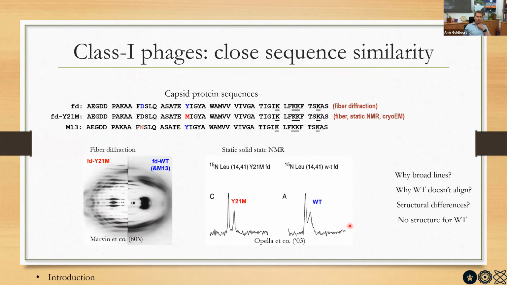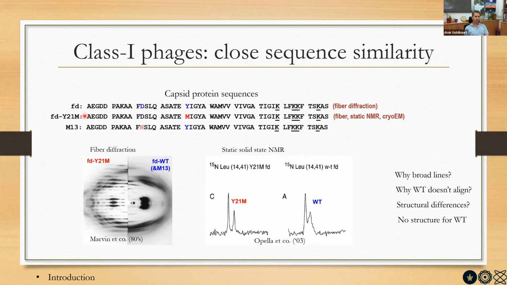So here's a little look at the class 1 phages, and we're going to talk mainly about two wild-type phages, fd and M13. You can see that the only difference is a change in the charge on the surface. Aspartate is replaced with asparagine, and the rest of the phage is actually the same. fd has been studied by fiber diffraction before we started working on it. M13 has not really been studied, and fd Y21M turned out to be a fantastic candidate for all